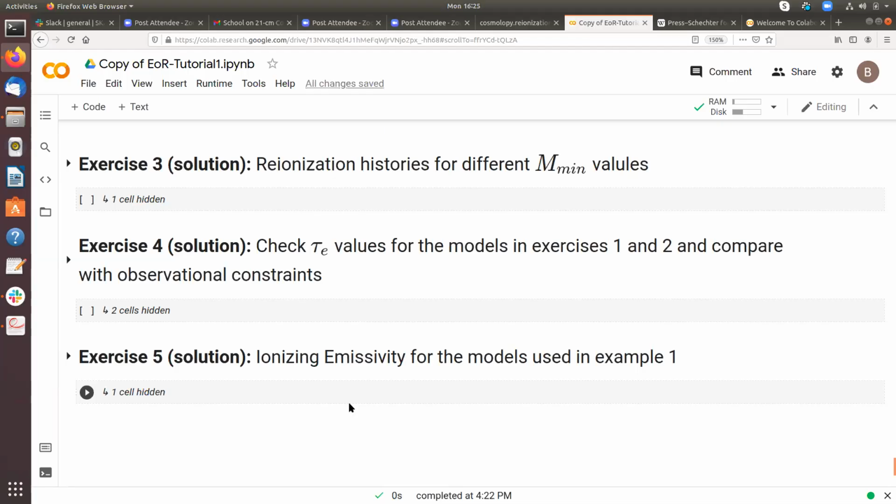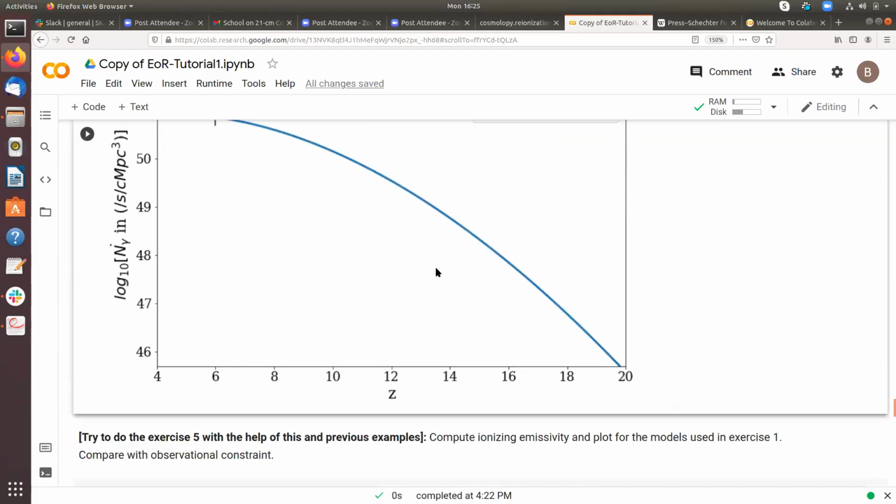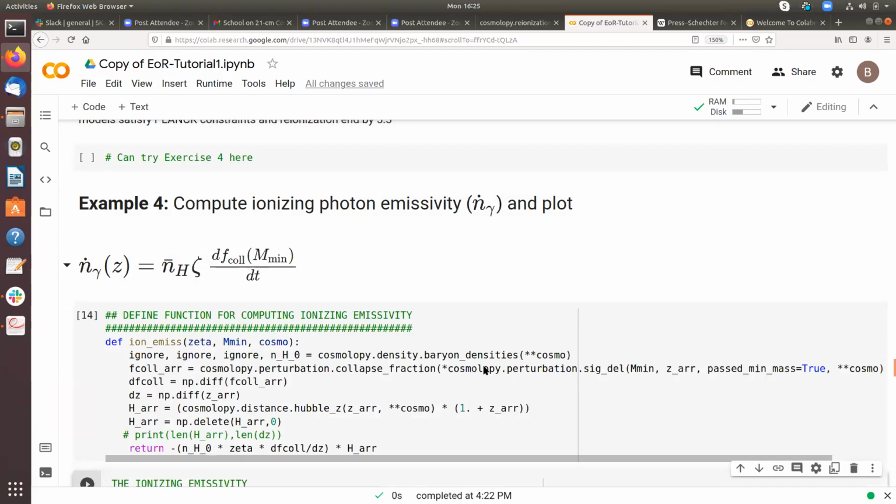Hello, I have a question. In exercise 4, what should we do? We should constrain the redshift by 5.3? Yeah, you just need to plot those models which I showed in exercise 1, and check which of the models have a reionization end before redshift 5.3 or so. Before means greater than redshift 5.3. So if a model goes below redshift 5.3, it will be discarded. The other check is whether the model falls in the shaded region. Okay, got it.